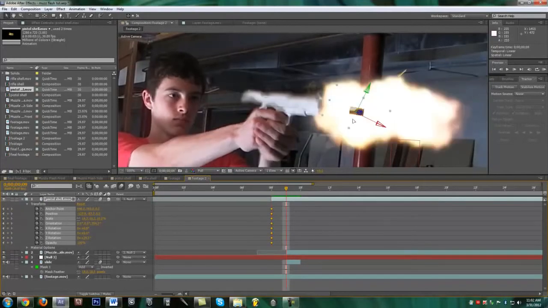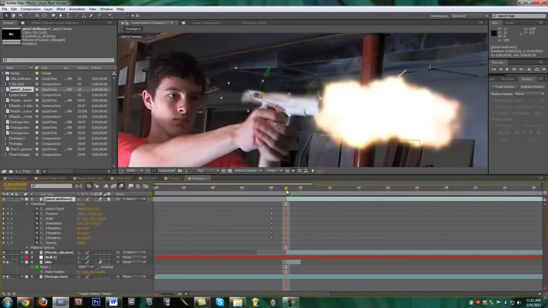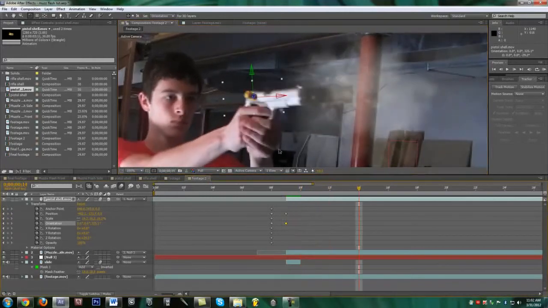So now if you move this right here, it already starts to have a little bit of motion blur. You can see it. Looks pretty good. And so now you can go ahead and drag it back, since you don't need that first frame. So there's the muzzle flash. You can rotate it. Not muzzle flash, shell. Apologize. There's the shell with motion blur. And now just go about 10 frames or so,